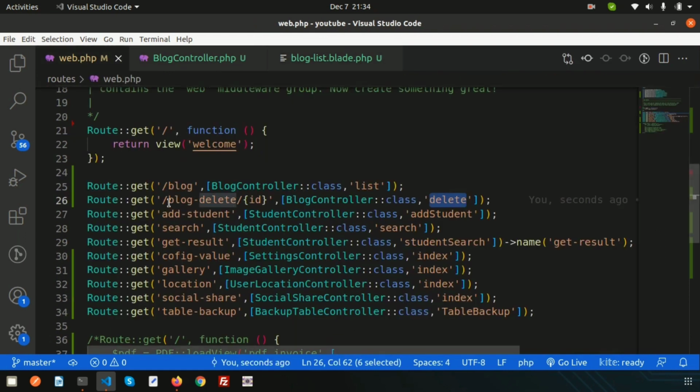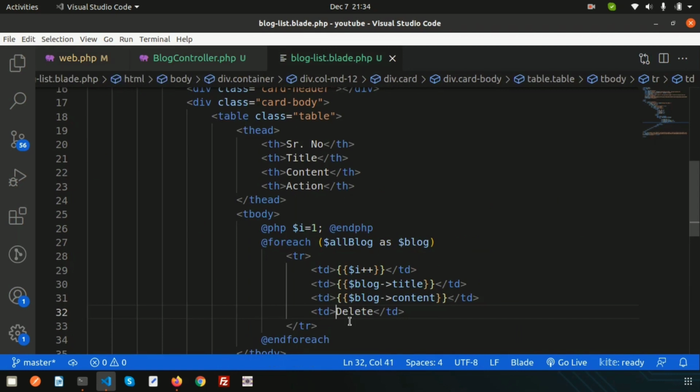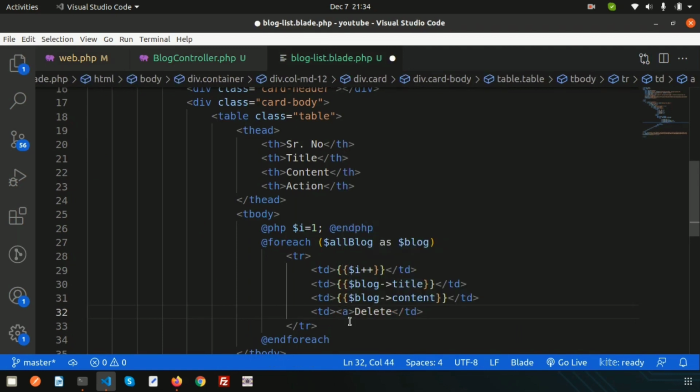So this is my route, that is blog delete, so simply here write anchor tag open, let's use href here, and just use the URL, so right here URL and blog delete, and I have to pass the id along with this,